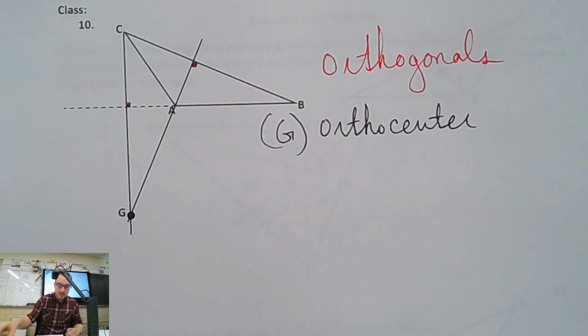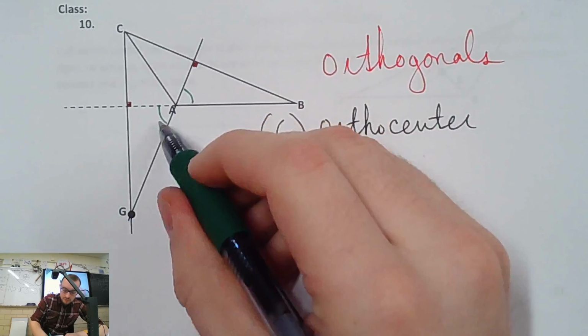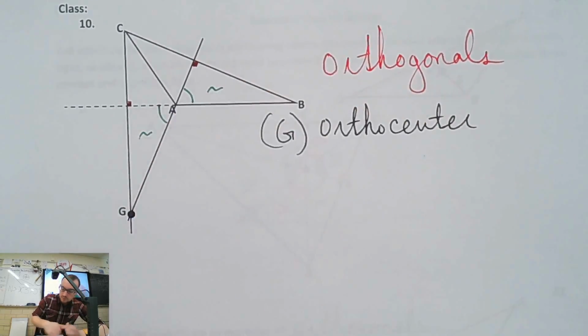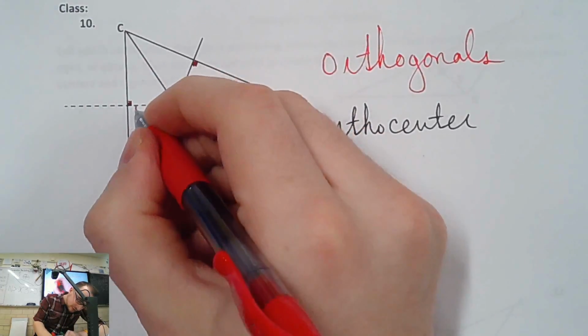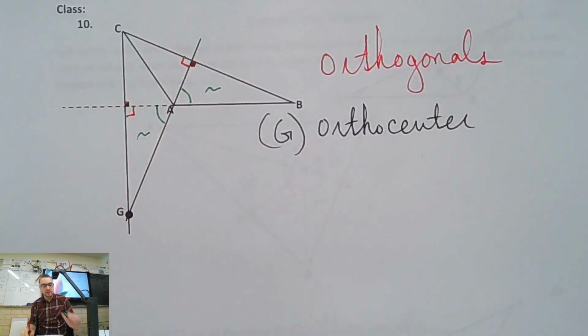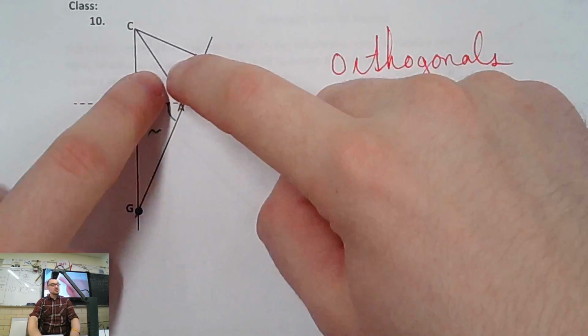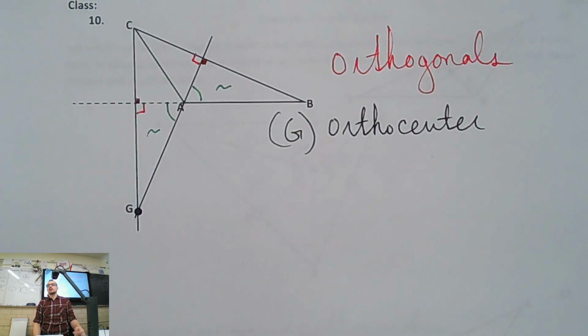Well, I think you can see that these two triangles have vertical angles, right? Here and here. So these two should be similar because we have a 90-degree angle in this triangle and a green angle, and we have a 90-degree and a green angle, right? So they're going to be similar. The other two will be similar, but you probably don't see why or how. So we're going to leave that. I won't mark you down for not marking all of the similar triangles. These two will be similar, but I don't think you guys know how to prove it yet.